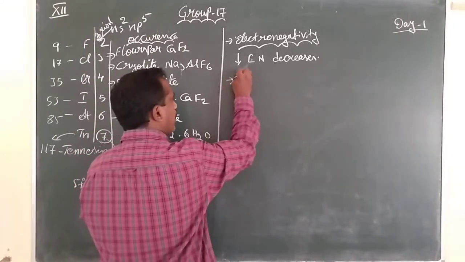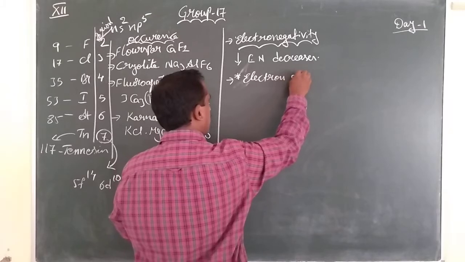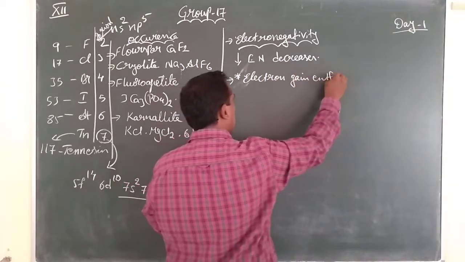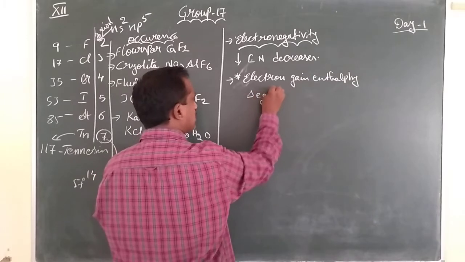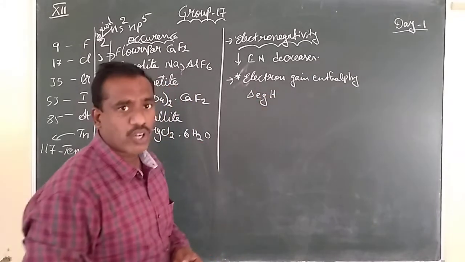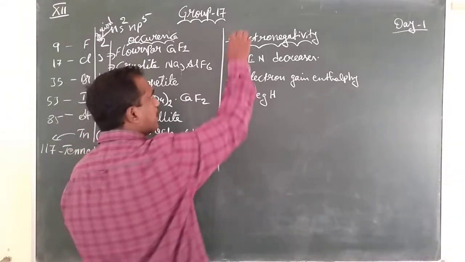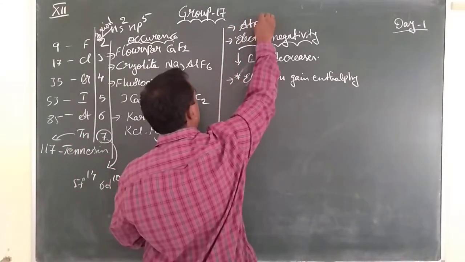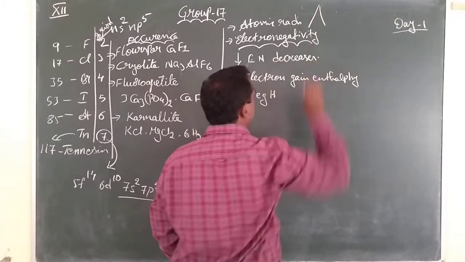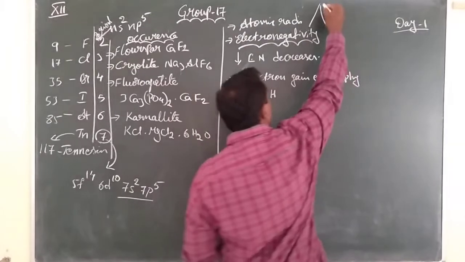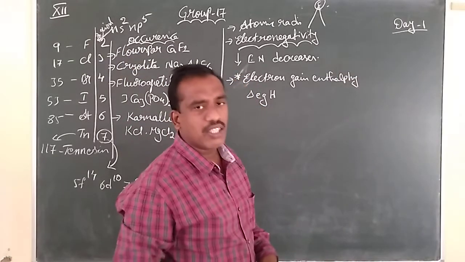But here comes our main point: electron gain enthalpy. How is the electron gain enthalpy given? Electron gain enthalpy is given as delta EGH. Once you see the sizes or the atomic radii, generally down the group atomic radius will increase, we said. But the first element is fluorine. Due to its small size,